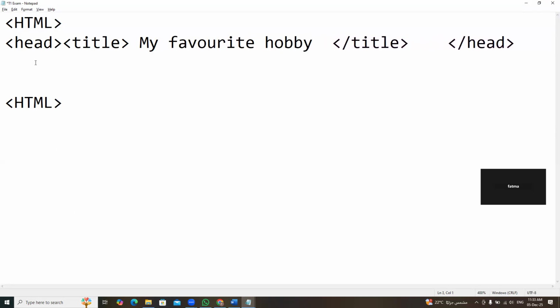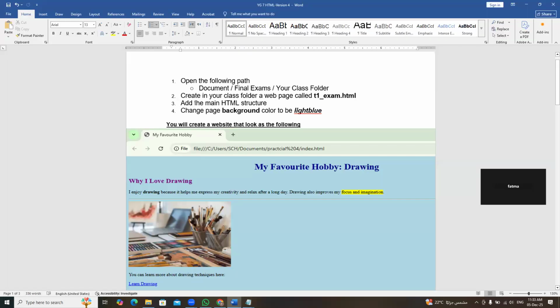Then we're going to structure the body open and body close. Now we're ready to start adding the web content. But before that, you are asked to change the background to light blue. And light blue should be one word. I'm going to write here